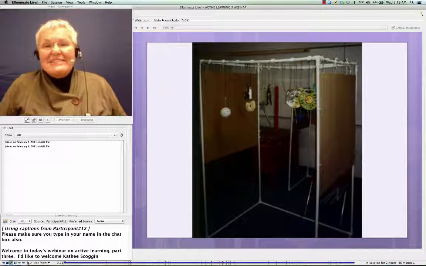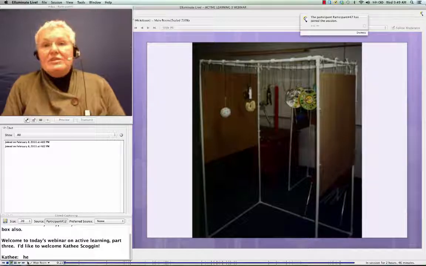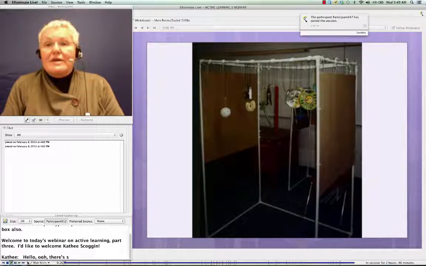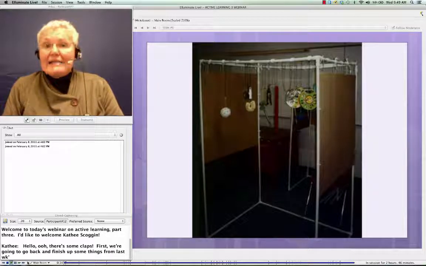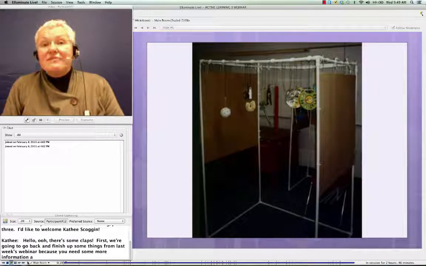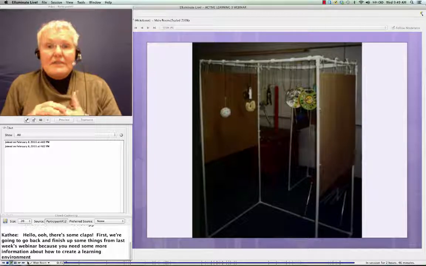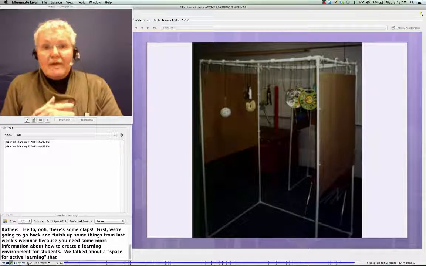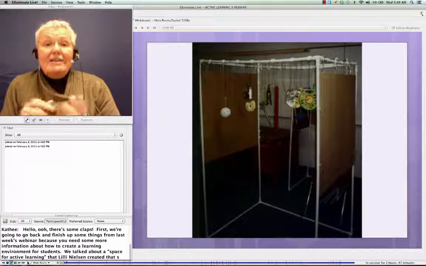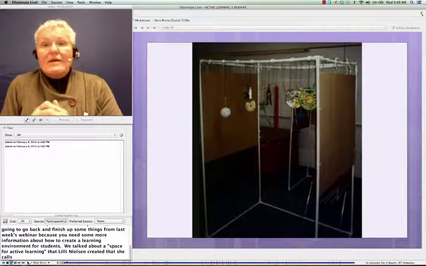I just wanted to let you know that we are going to go back and finish up some of the stuff we were talking about last week, for sure, because you need to have more information to decide how to help a student access the learning environment and how to sometimes create a learning environment very specific to that student. And so we talked about the space for active learning, and we talked about Lily Nielsen and that she calls the thing that she has devised and done a lot of research on the little room. And we call it a space for active learning because we have done it a little bit differently and want to respect her